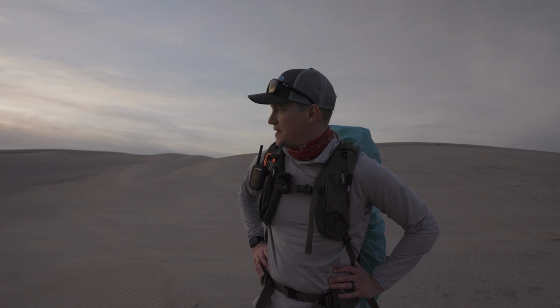Well, I've been walking around the dunes here for a little while. It's been hard to find some clean ones. I got a few, maybe, and then I also got some texture. So I'll kind of see. I'm gonna walk around a little more, see if there's any other compositions that I can piece together